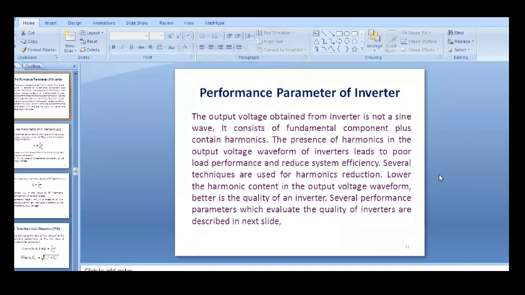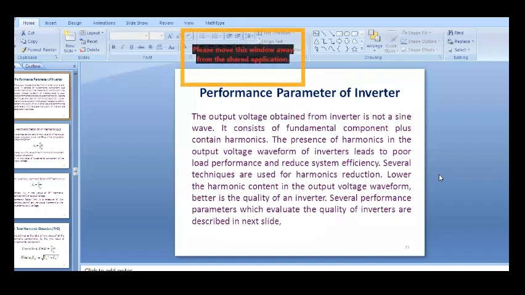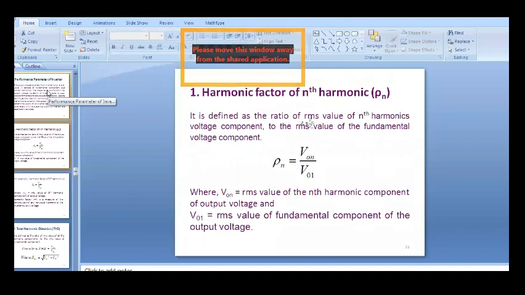So thereby, there are several performance parameters which evaluate the quality of inverter, and that is, number one, the harmonic factor of nth harmonic. What is harmonic factor of nth harmonic? It is defined as the ratio of RMS value of nth harmonic voltage component to the RMS value of the fundamental voltage component,